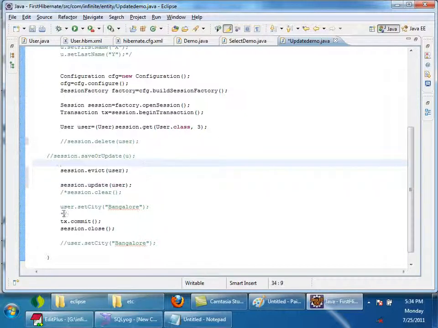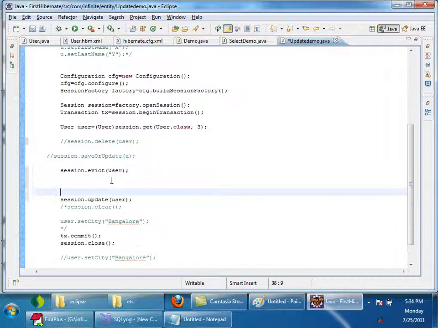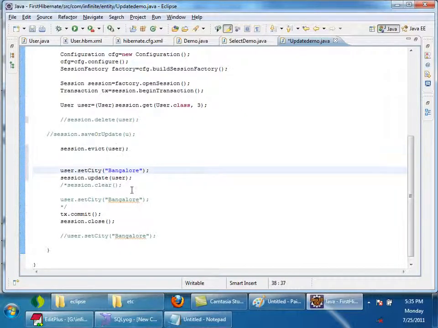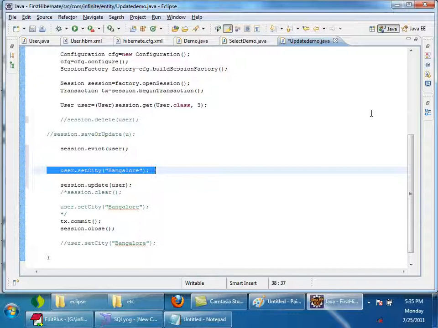Now I have a doubt. See here, session.evict will make the user object detached. When the user object is detached, I am modifying it.